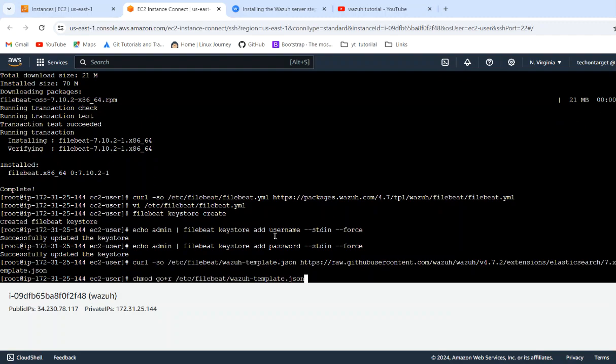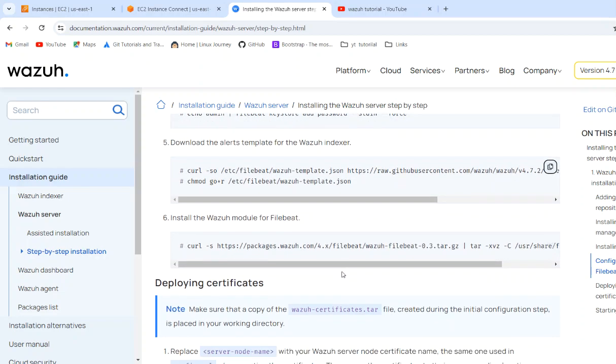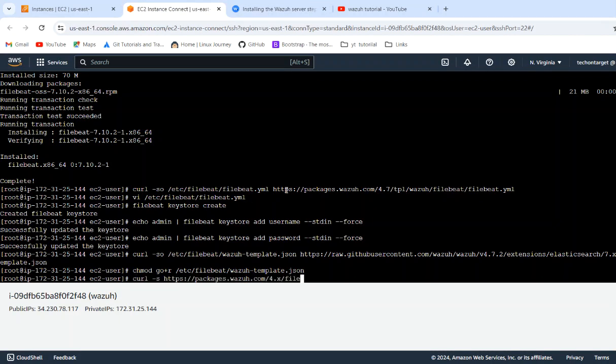After some threshold crosses, some trigger triggers some alert, and these alerts are sent in some fashion. Install the Wazuh module for Filebeat. Okay, in Filebeat we have different modules like Nginx, Apache, same like we have availability of Wazuh,